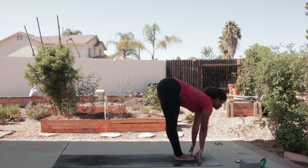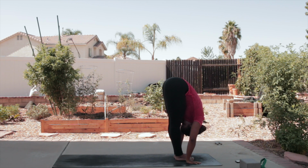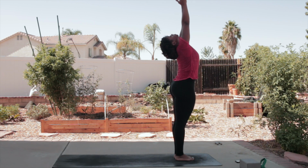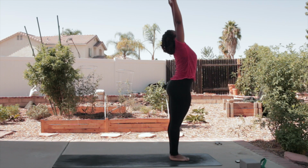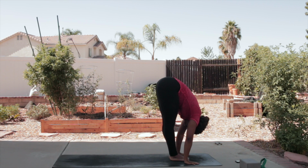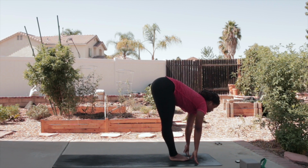Inhale, flat back. Exhale, fold. Inhale all the way up. Exhale, palms to heart center. Inhale up again. Exhale, fold down. Inhale, flat back. And we're going to step our